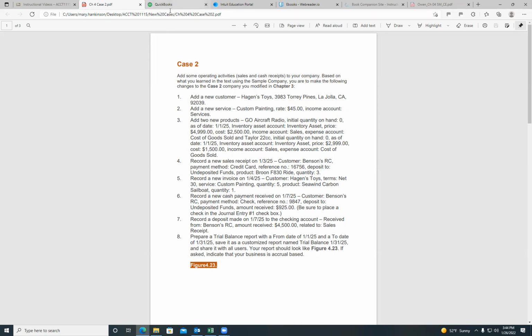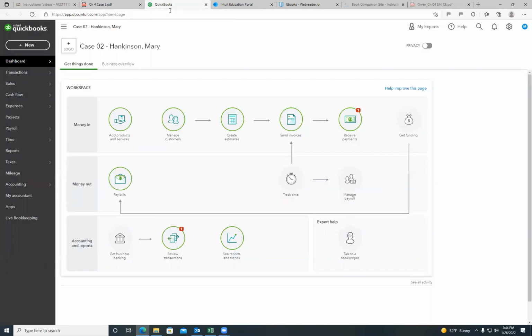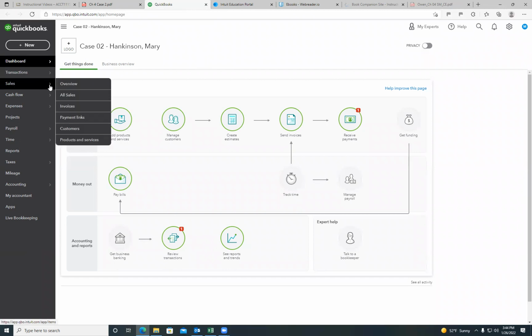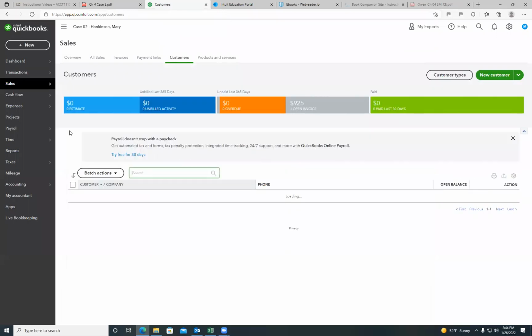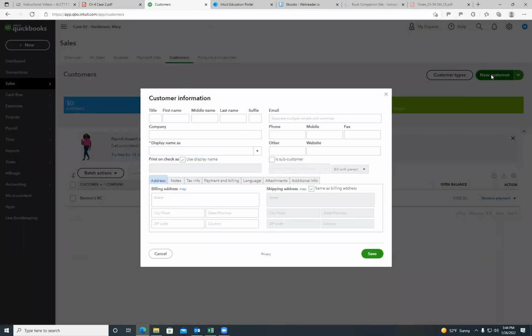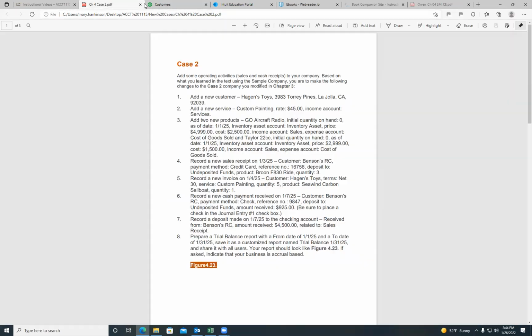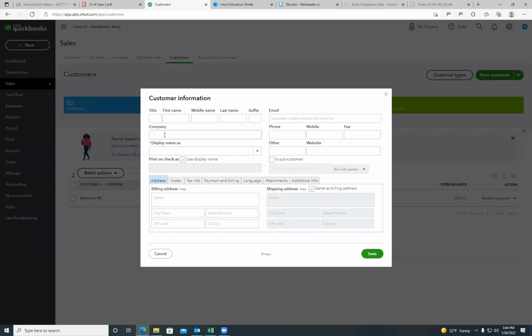So let's go into QuickBooks. Like we did in Case 1, to add a new customer, we're going to come over here to Sales, come down to Customers and click Customers. Then we're going to click Add new customer. The customer's name is Hagen's Toys. We just have a company name, so we're going to come down here to company name and click Hagen